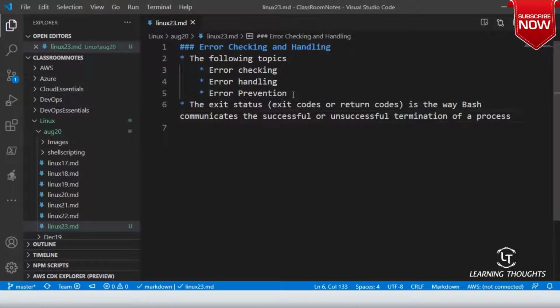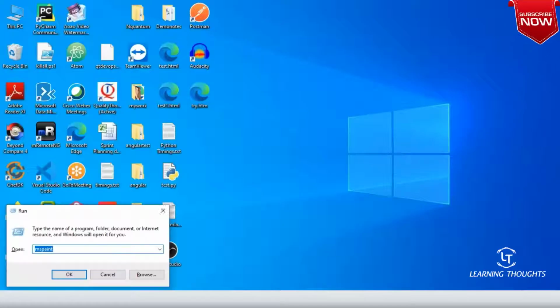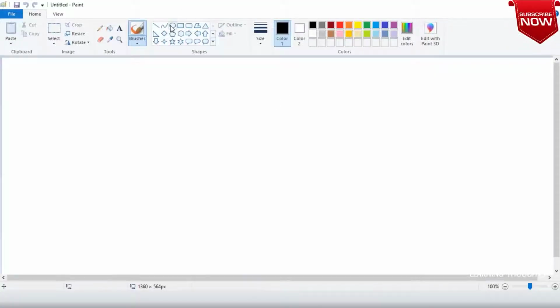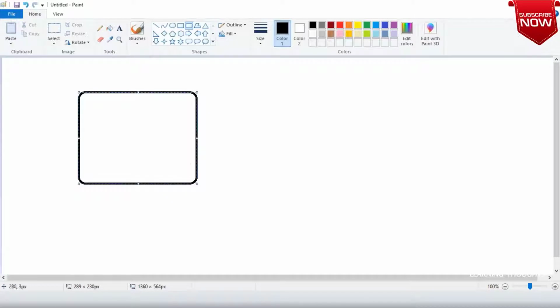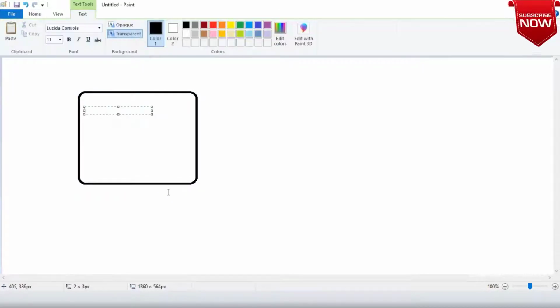If you remember, a few classes ago we discussed exec and fork. So whenever you start any process in Linux, what happens is you have a parent shell, and then you try to execute the command.